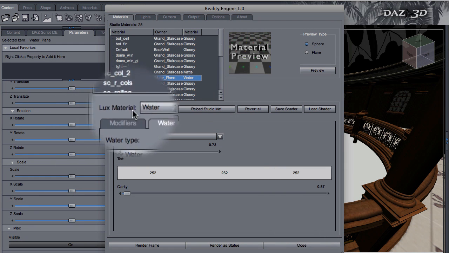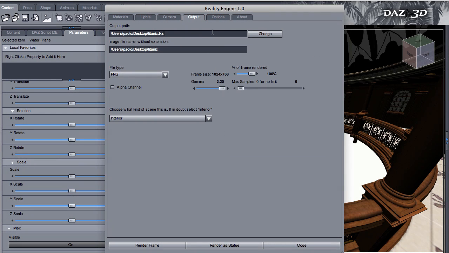0.87. So I'm going to do a quick test, and I'll call this titanic.lxs, and the Titanic file is generated. I'm going to just try a quick 50% render, because water does take a long time to render. So you want to assess the position and the effect of the water fairly quickly, and then come back, make the adjustments, and do the final render if you need. So let's try. Quick export,